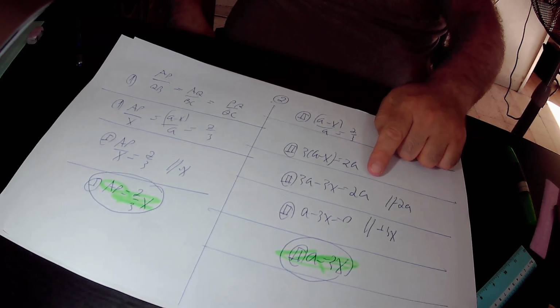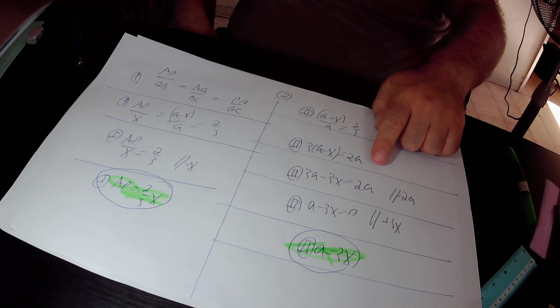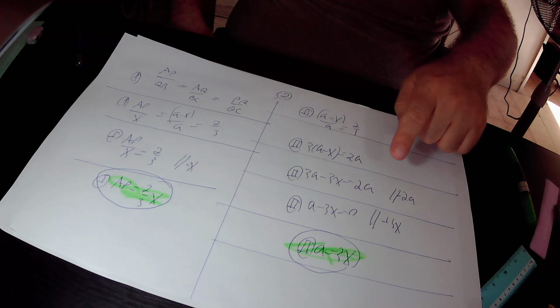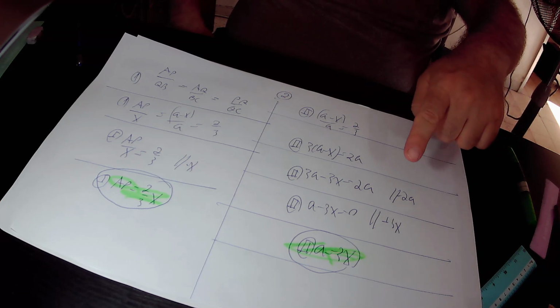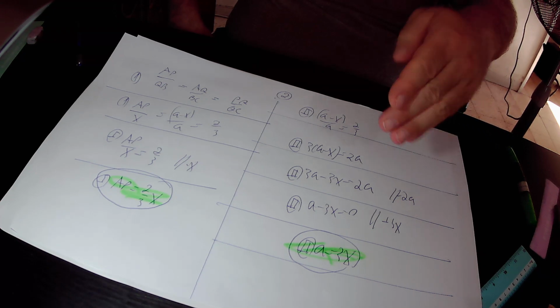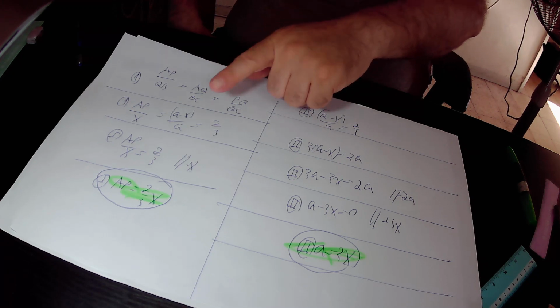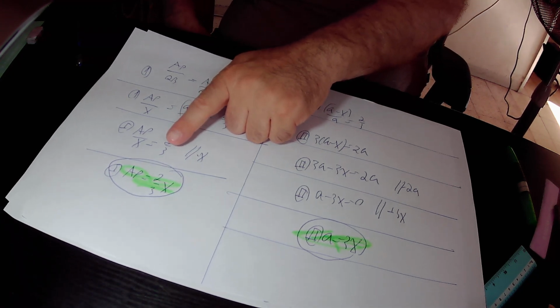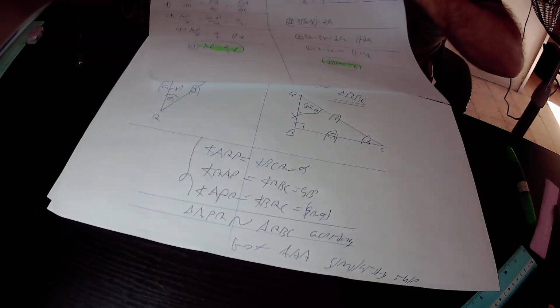equals 2A. Here we subtract 2A from equation 2, and find that 3A minus 2A is A, so A minus 3X equals 0. Here we add 3X to equation 2, and find that according to equation 2, A equals 3X, but according to equation 1, A equals 2/3 X. In the next step,